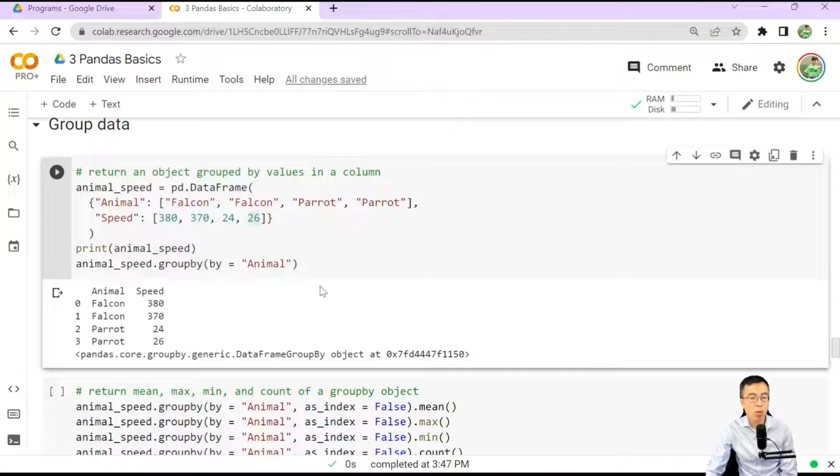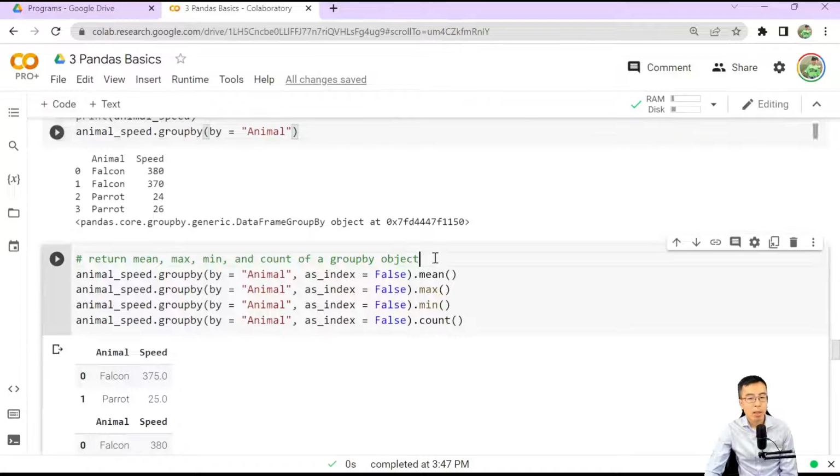And if you print the data frame, it looks like this. So here, presumably, we want to do some aggregate functions by animal species. For example, we can calculate the mean speed of falcon and the mean speed for parrot. How can we do that? First we need to use the group by command to group the data frame by a